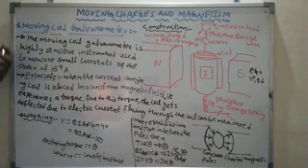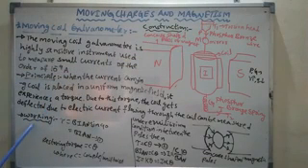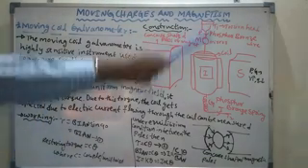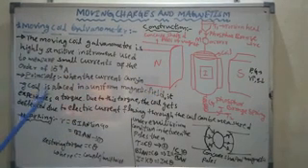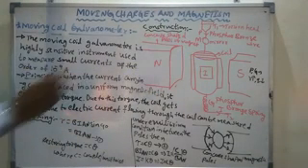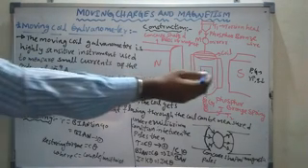Then the working principle we already understood. Next we are going to understand the working. A current carrying coil is placed in a uniform or radial magnetic field. If the plane of the coil is placed parallel to the magnetic field, it develops maximum torque, which we understood in the last class. The plane of the coil being parallel to the magnetic field means the area vector of the coil is perpendicular to the magnetic field.